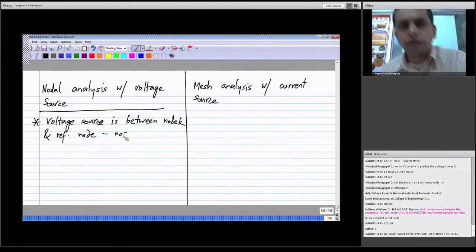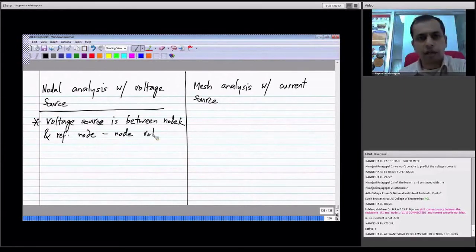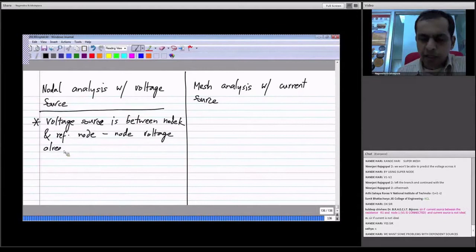So you don't have to write an equation for that, and you can write the equation for the rest of the nodes. Okay. Similarly, if there is a current source along the periphery,